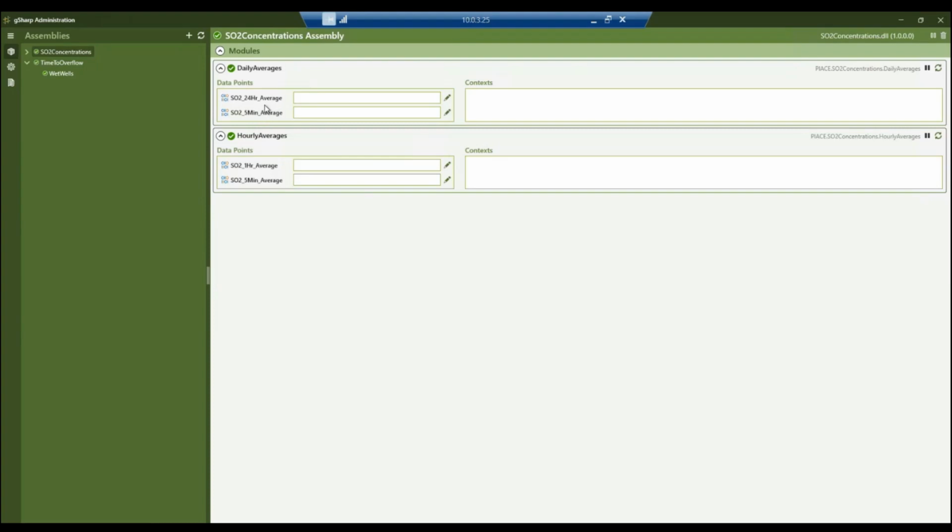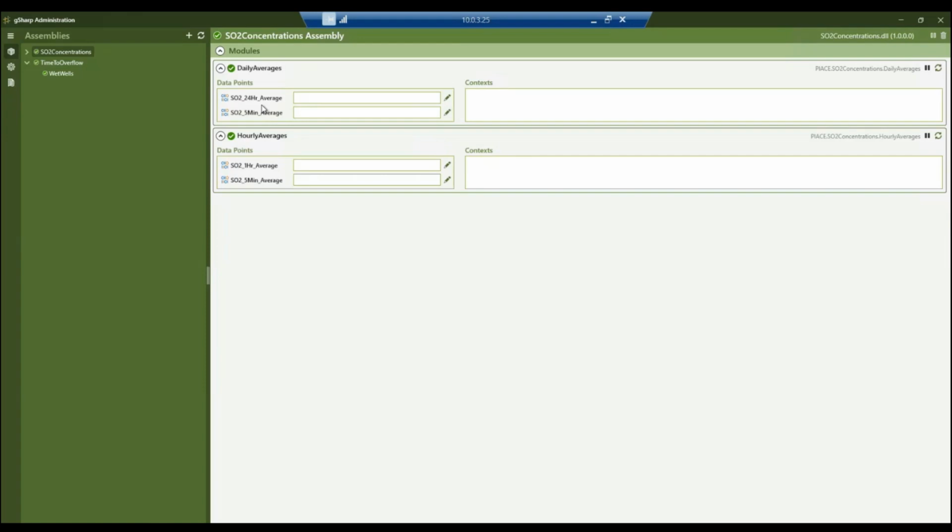So in our calculation, the 24-hour average is the output. The 5-minute average is the input. Likewise, in the hourly averages, we have the 1-hour average as our calculation output, and the 5-minute average is the calculation input. What we need to do here is map those data points to an attribute in